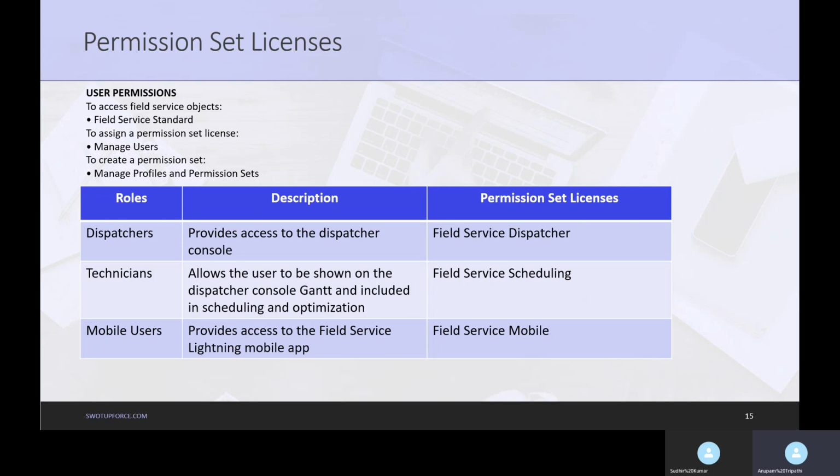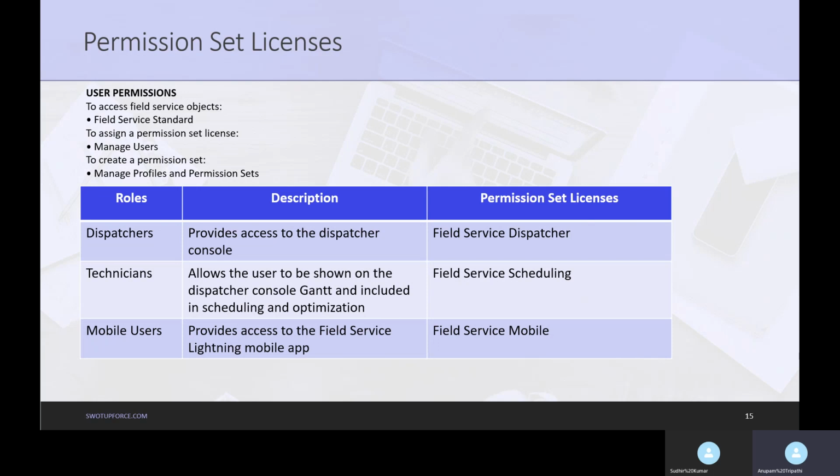In that live agent, you don't go and buy a new license for live agent, but that is an extra feature that you want on top of your service cloud license that you have bought early on. So in that case, Salesforce gives you an access where you can buy feature licenses for those live agents. The permission set license also works like a feature license, which gives you a new feature or added feature on top of the current licenses that you have.